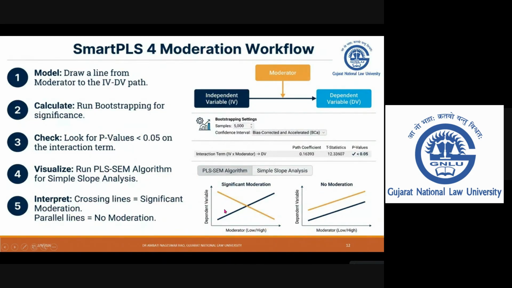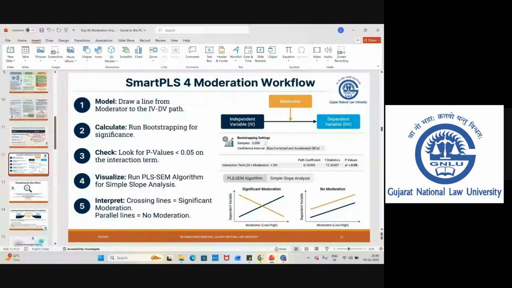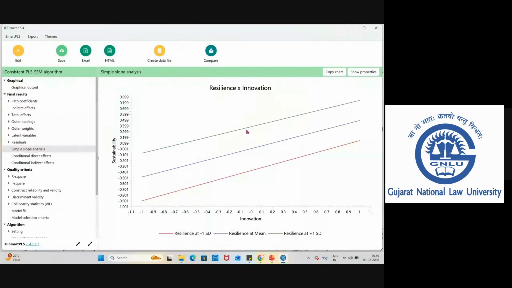However, if the lines cross, it means there is a significant difference, whether the moderator is high or low for the dependent variable. But right now, looking at the simple slope analysis graph, we can see that we are not having any cross lines.